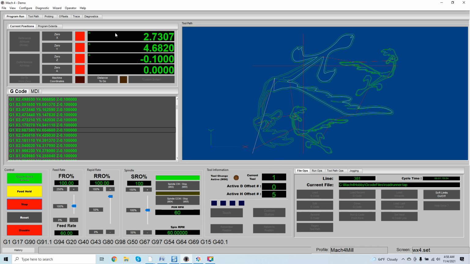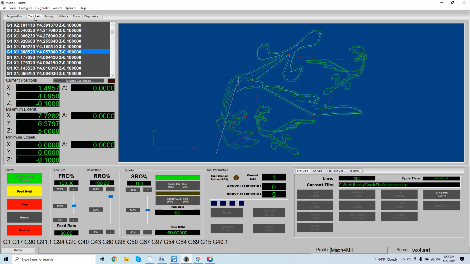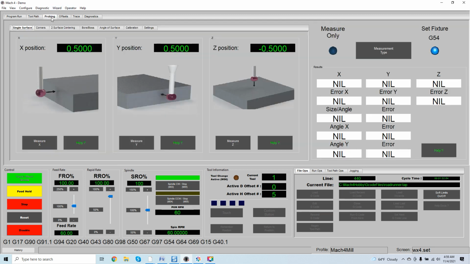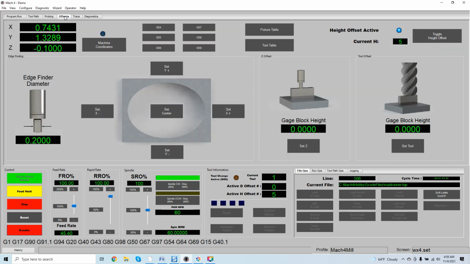And again, so we don't get too bored, you can see here in all the different screen sets what we're looking at. You've got your max extents, minimum extents. Again, there's not too much to explain with Mach4. They did change a couple of the screen sets as far as showing you your probing, if you're doing measuring and whatnot, but overall the software is generally the same. I mean, there's really not too much